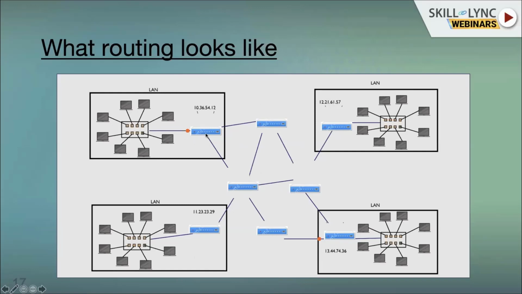So now this router, let's say Google's IP is present in this LAN. Definitely this router will learn all the routes behind this router. Let's say first this router is there. Whatever routes it learns here, it will send to this router and this router.